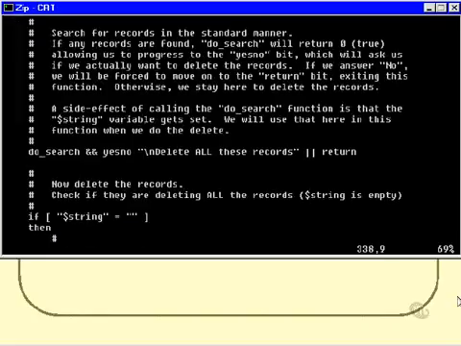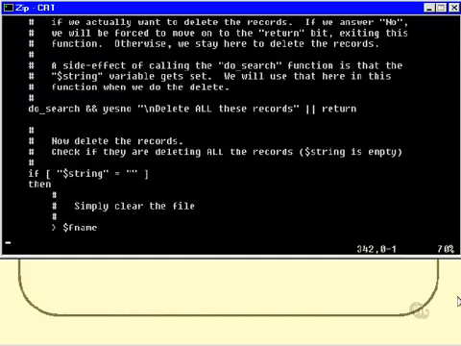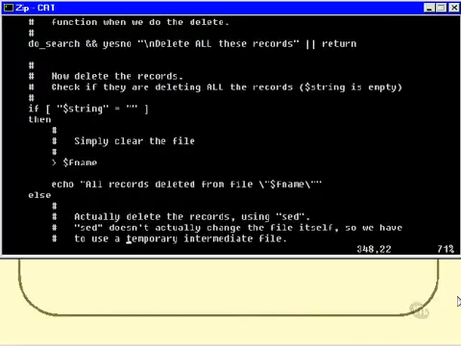Now there is a special case, I guess, that if they just pressed enter when they were asked for that particular pattern, in other words the string that they entered is empty, then just clear the file, because they've asked essentially to delete all the records, so we'll just start again with an empty file rather than doing any of the other complex processing down below. So we can say all the records have been deleted, and then otherwise if they did enter a string, then